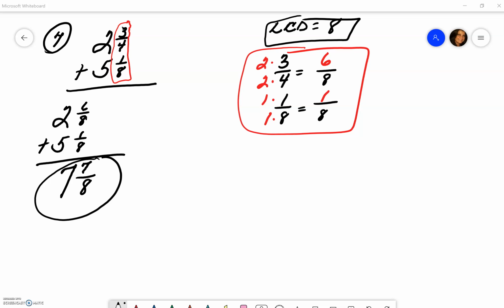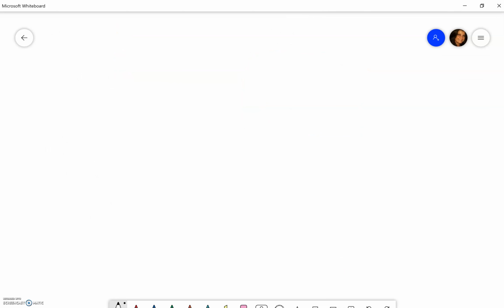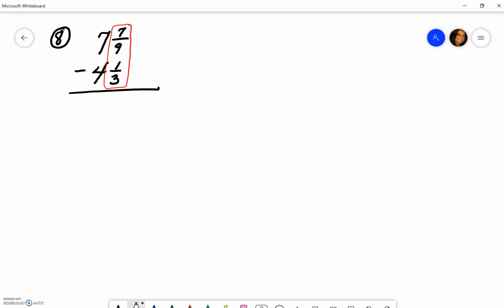Okay, we left off with number 7. Now let's continue on to number 8. Now this time we're going to take a mixed number. We're going to subtract it by another. Now it's the same process where we have to focus on these, and then we'll take care of the whole